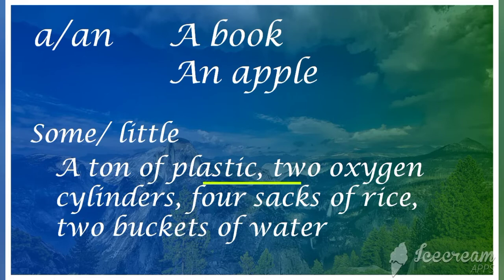So this gives countable. Yeah, this makes us count. When it is given simply book, we used to get confused sometimes, but the word a gives that there is only one book. An apple. If it is given apples, then definitely we can think it is plural, and when it is simply given apple, we don't get confused. So you all know, I think so. When it is given as an apple, we can understand it's one apple.